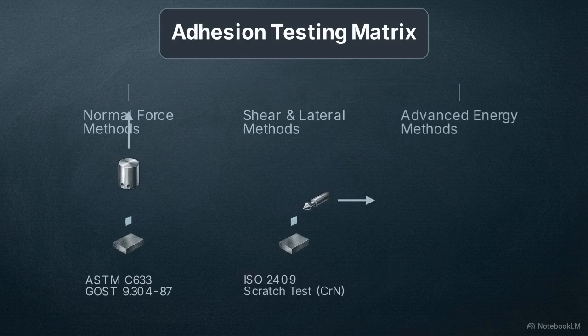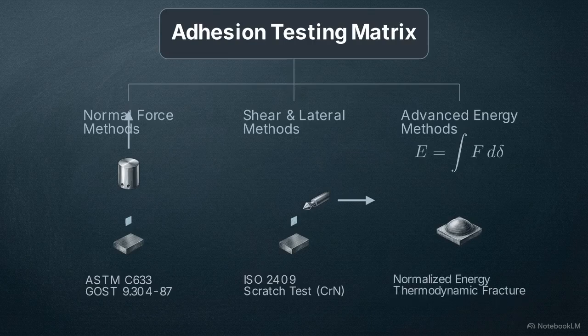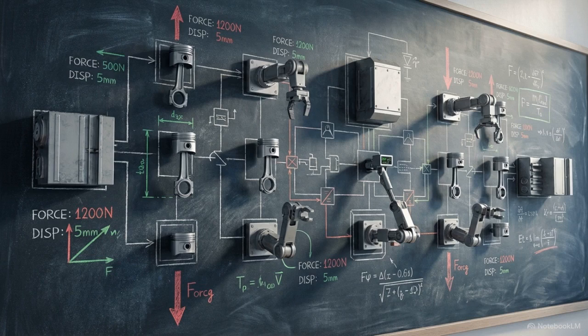The third branch represents advanced energy-based methods. These do not just measure a mechanical breaking point, they calculate the thermodynamic fracture energy required to cause debonding. This matrix serves as the operational blueprint for our analysis, guiding the transition from basic standardized pulling to complex, multi-factor